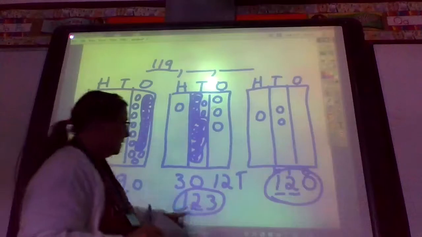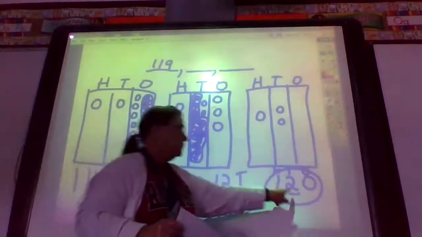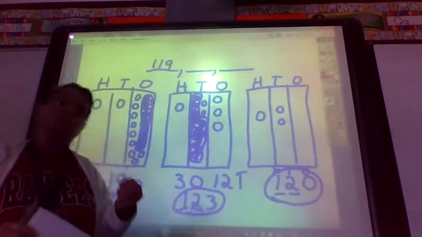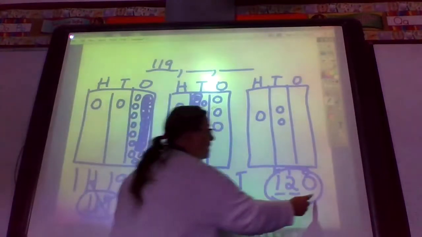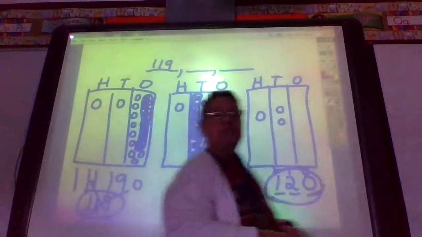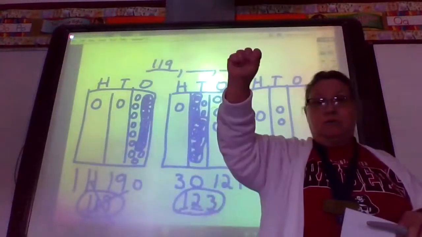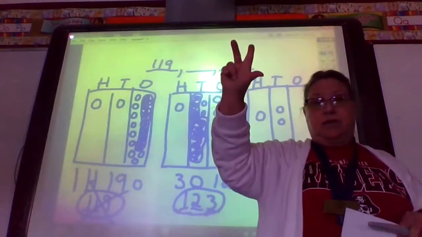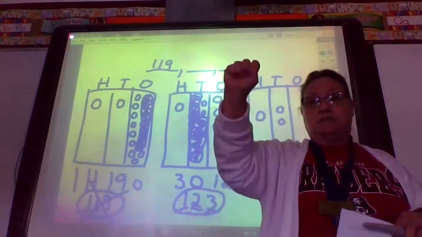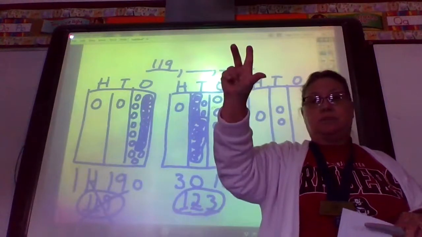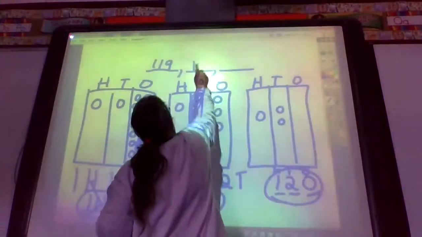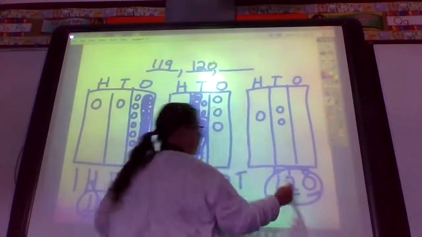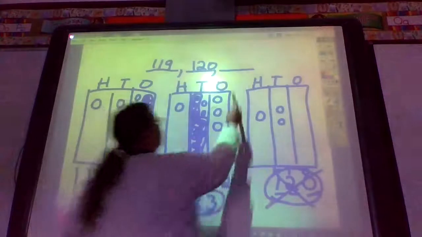Uh-oh. They both have 1s. They both have 2s. I'm going to have to look at the third number. I have a 3, and I have a 0. Which is smaller, 0 or 3? 0 is. So 120 goes here. I've used it. And then